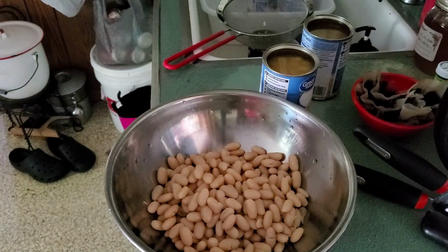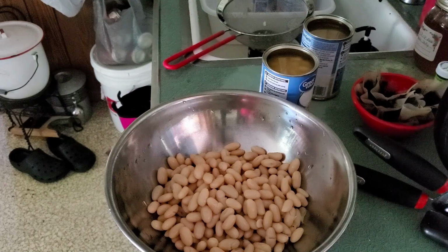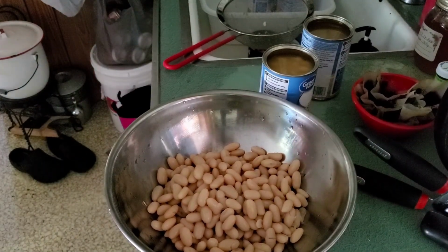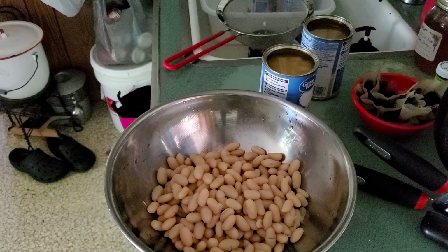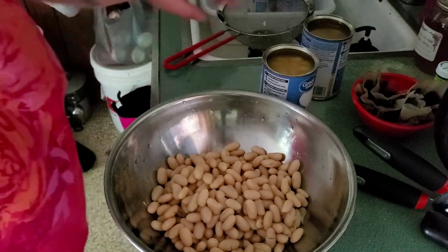Don't need those right now. Beans. I do have red beans to do yet, and these are extras. And Great Northern beans. I think I messed up. I think I accidentally got, what do I have over here that I started? Something's not adding up. I have black beans done, light red kidney beans done. I think I said I could add to them. Yeah, so I can add. I think I messed up. I think I thought I was getting